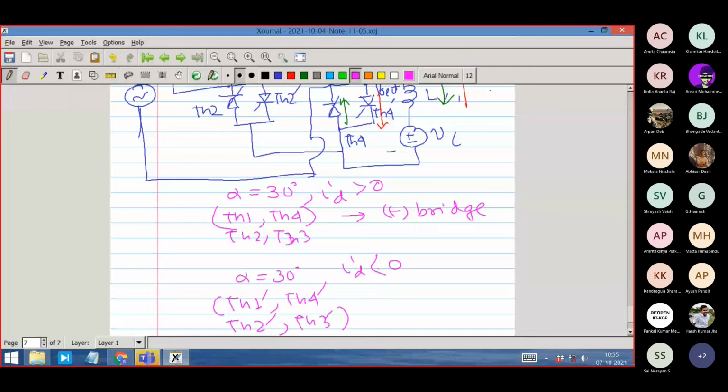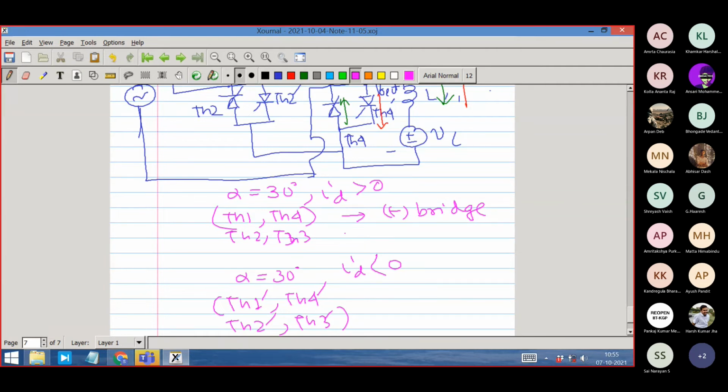For whatever reason, you don't care at the moment, the load current can be negative. If something can be positive, why can it not be negative? So the requirement will always be there for a negative current. So what will be happening is that if alpha is equal to 30 degree, look at this, voltage polarity is just cos alpha.